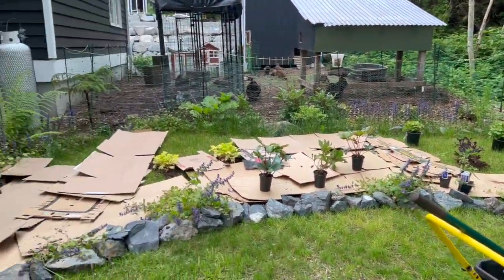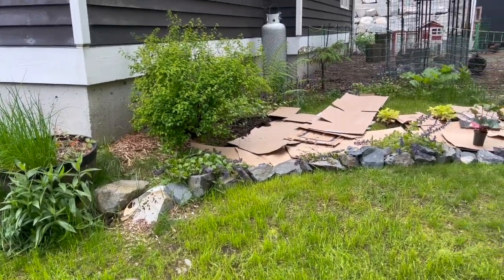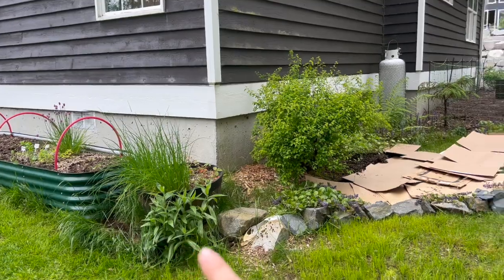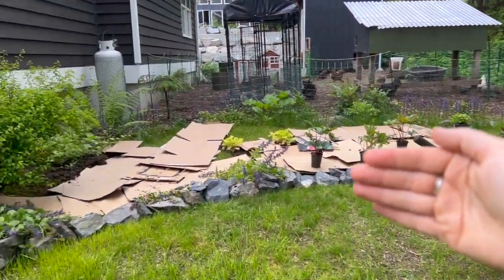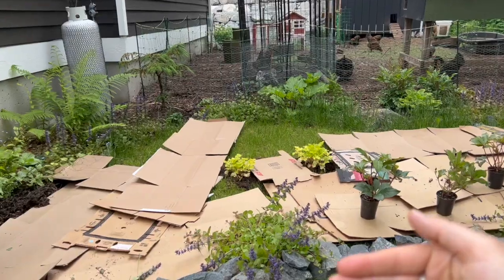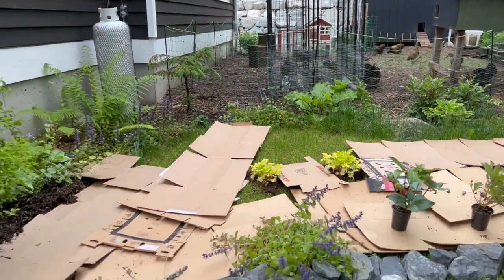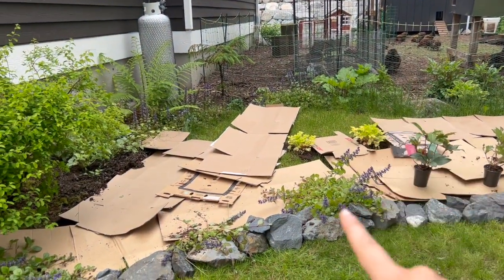It looks really good, but unfortunately I changed my mind. And so I expanded and now the rock wall starts here right at the end of these beds and it kind of curves around. So I think this is probably 8 to 10 feet of extra space between here and the chicken run. So now what I'll need to do is I started transferring a whole bunch of the